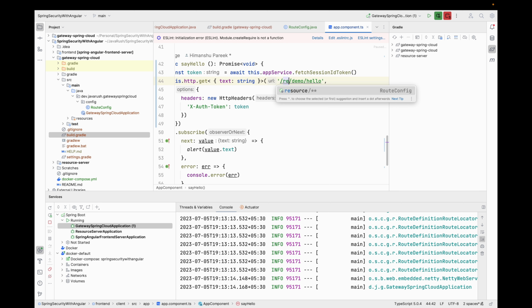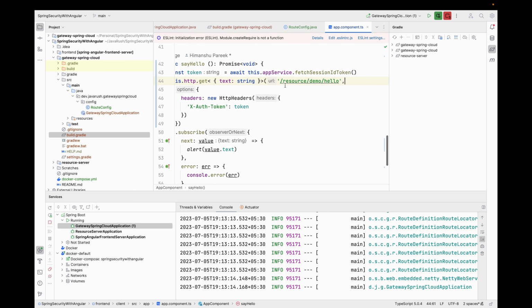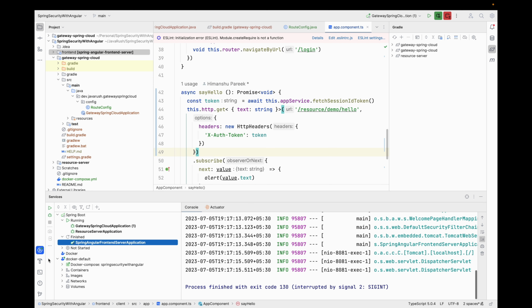So resource, and all the requests to this resource path will be redirected to resource server as we have configured here, that if the path of request matches this pattern, then the destination origin of the request will change to this one. So that is it. So now we will send the request to resource endpoint, and also, okay, let's do that for now. So let's stop the front end server here